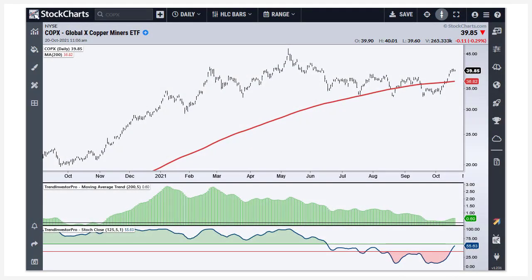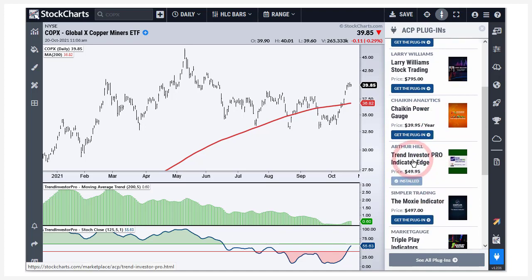So I'm going to work off of StockCharts ACP here for these charts. And first up, we've got copper miners. And I've got my Stoke Close indicator in the bottom, and you can see it triggered bearish there in July when it moved below 40, and it stayed bearish, but now it's making a move up and is on the verge of crossing 60 to turn bullish. Now this is based on 125 days, as you can see over there. And by the way, this is part of the Trend Investor Pro Indicator Edge plugin. If you go down to the bottom right, you click on plugins, and there you can learn more about this